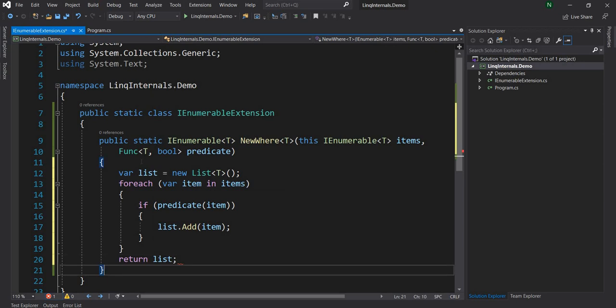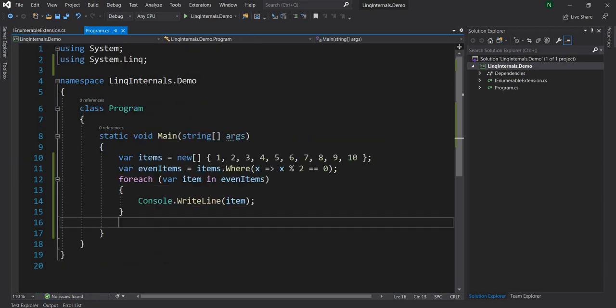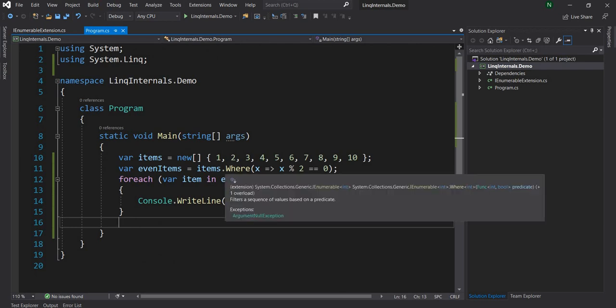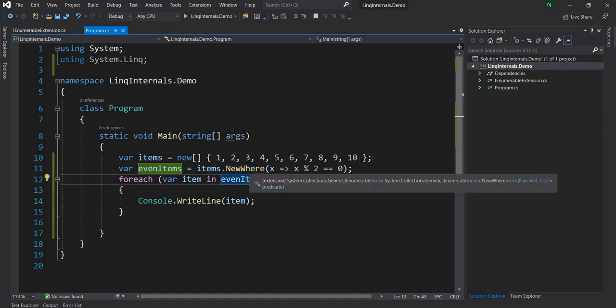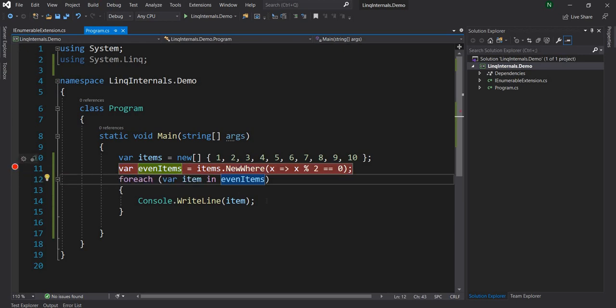Okay, so let's see how that plays out. Let's put a breakpoint here, and let's see how all these things work. So instead of where, we are going to say new where, right? This is our new where, the new method we wrote. This is an extension method. So let's put a breakpoint here,